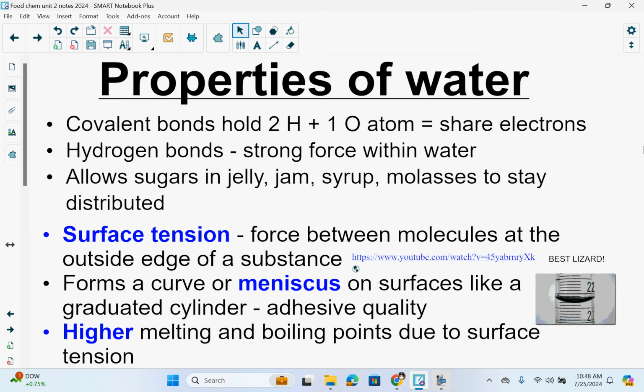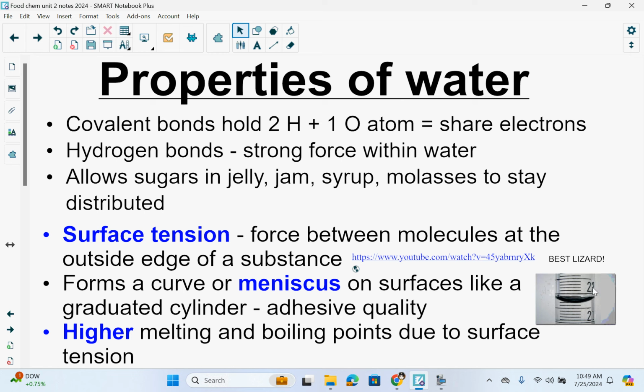Properties of water. There are covalent bonds holding the 2 hydrogen and 1 oxygen atoms together, so they're sharing electrons. Hydrogen bonds are a strong force within water, and it allows sugars in jelly, jam, syrup, and molasses to stay distributed. Surface tension is a force between molecules at the outside edge of a substance, and it forms a curve